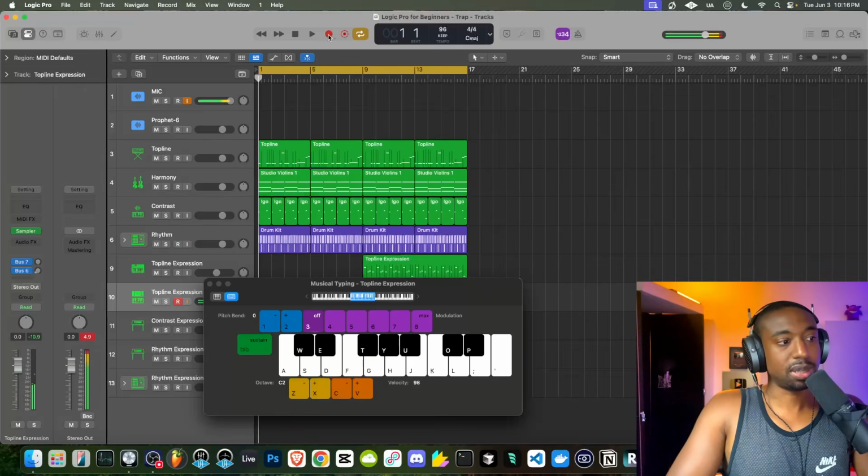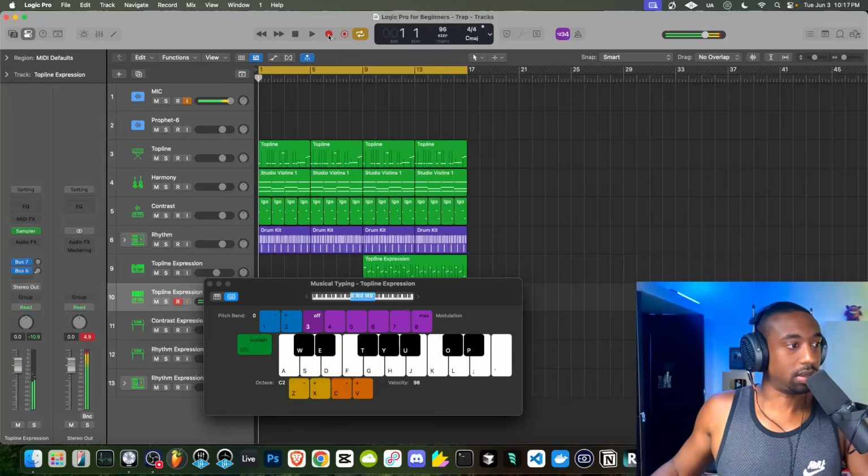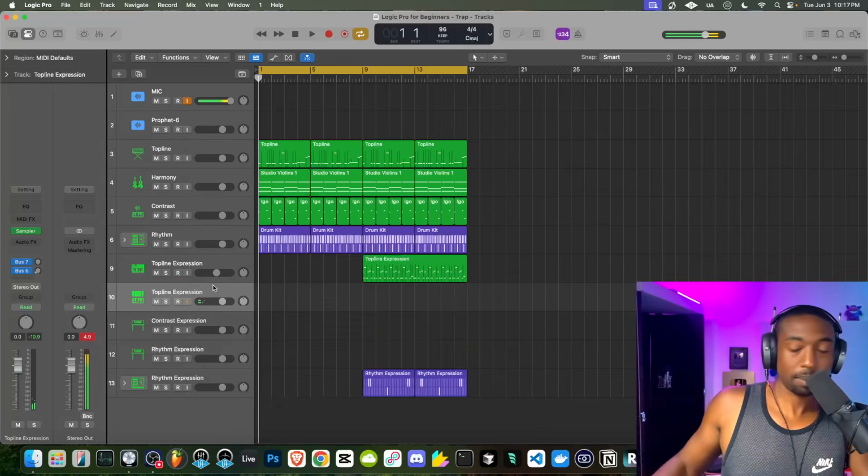My favorite thing to do is pitch down first, then play a key and let go of the pitch bend. So it goes like that. Pitch down first, hit a key, let go of the pitch down. That's how I'm doing these glissando slide effects.